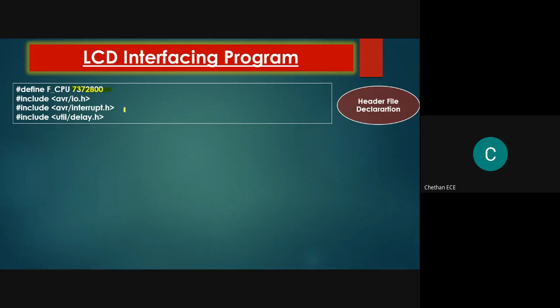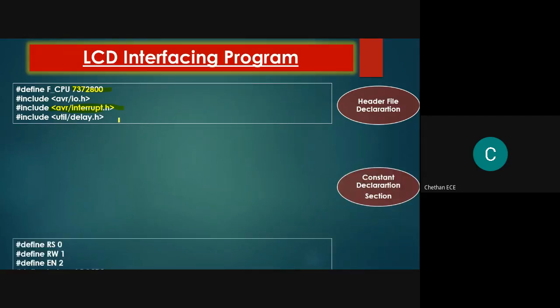We have to handle this interrupt by jumping to the interrupt service routine. To accomplish this, we are using avr/interrupt.h. Every character should have some delay so that the human eye can easily perceive how the data is being displayed on the LCD.